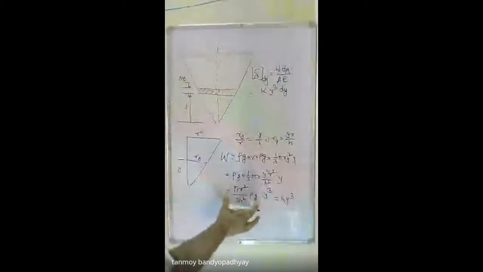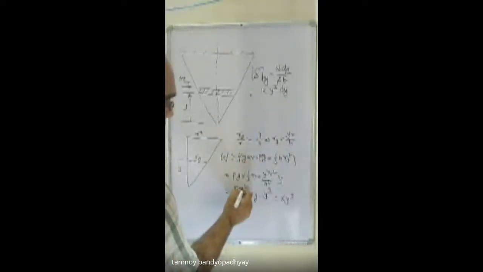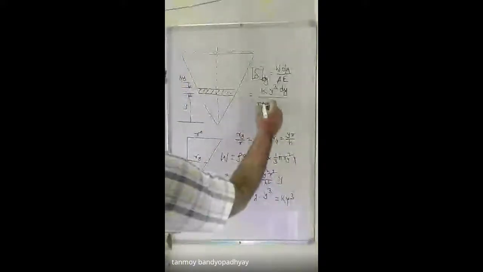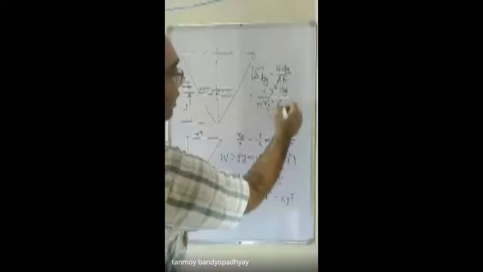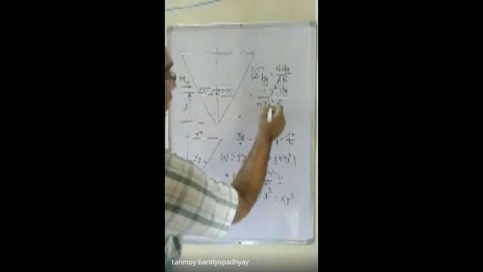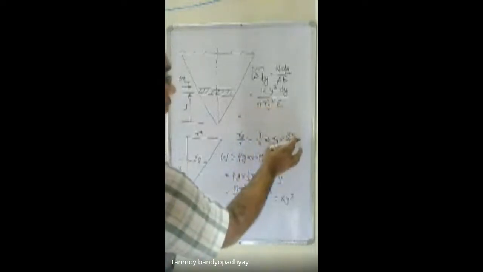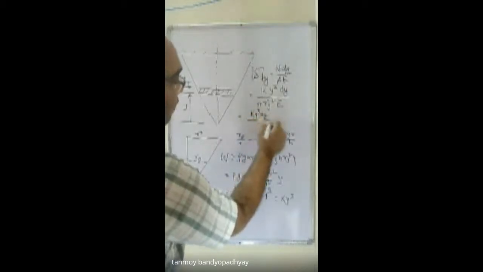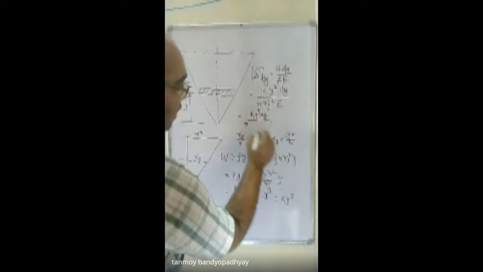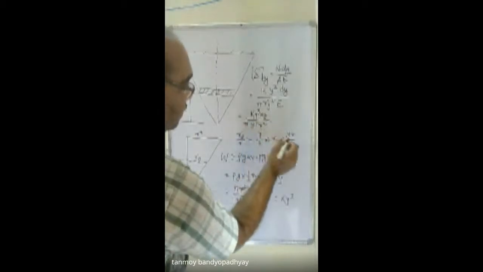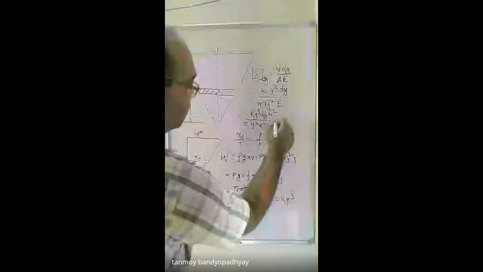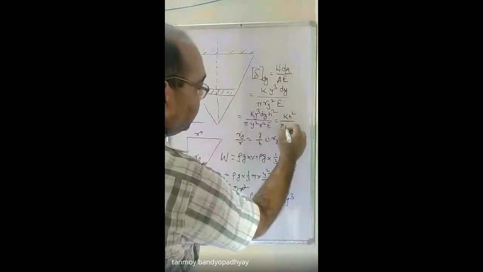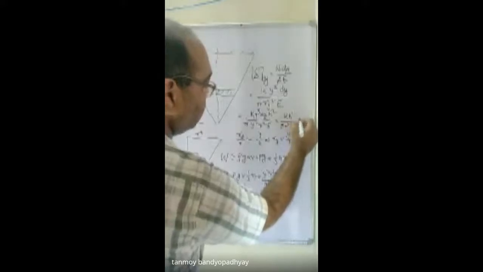Everything is constant, and r is also constant. R is the entire radius. Divided by A, the area of this portion, which is pi into ry square, into capital E. You have ry, you can put it: ry is equal to y into r by h. So this is k y cube dy divided by pi into y square r square by h square into E. So check what this will be: k into h square by pi r square E into y dy.